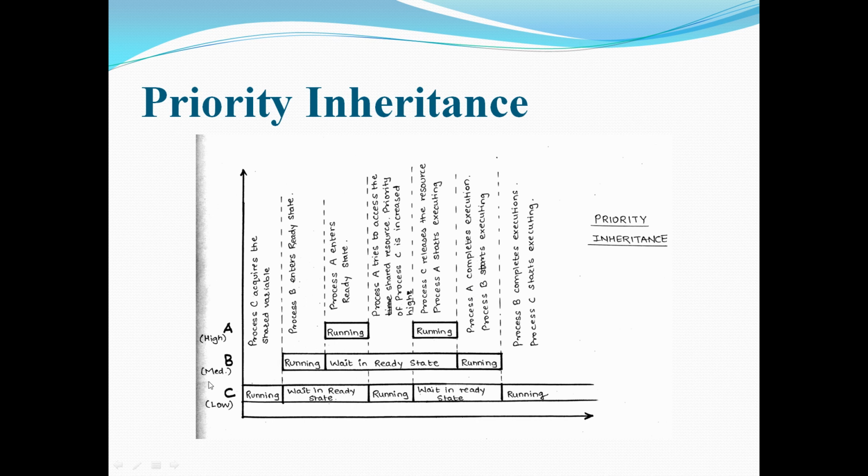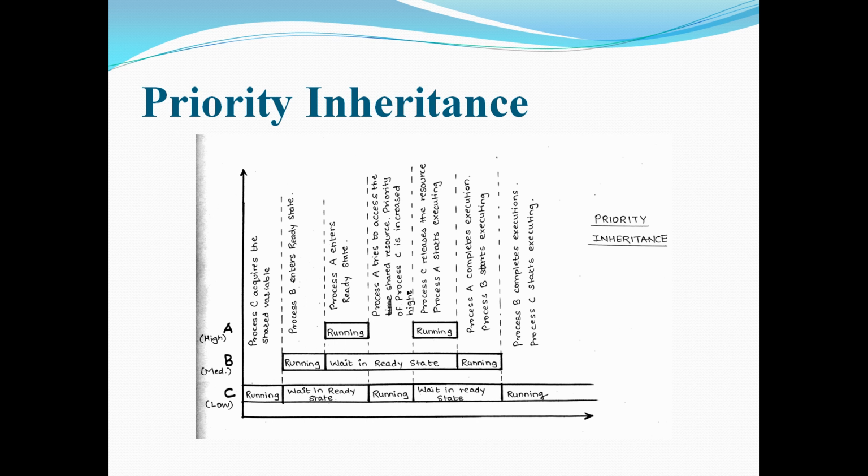Next is process B, or we can say task B starts executing. After task B is complete, process C or task C with low priority starts executing. Now again here according to priority, tasks get executed. So there is no priority inversion problem. These two are the most popular solutions for the priority inversion problem.